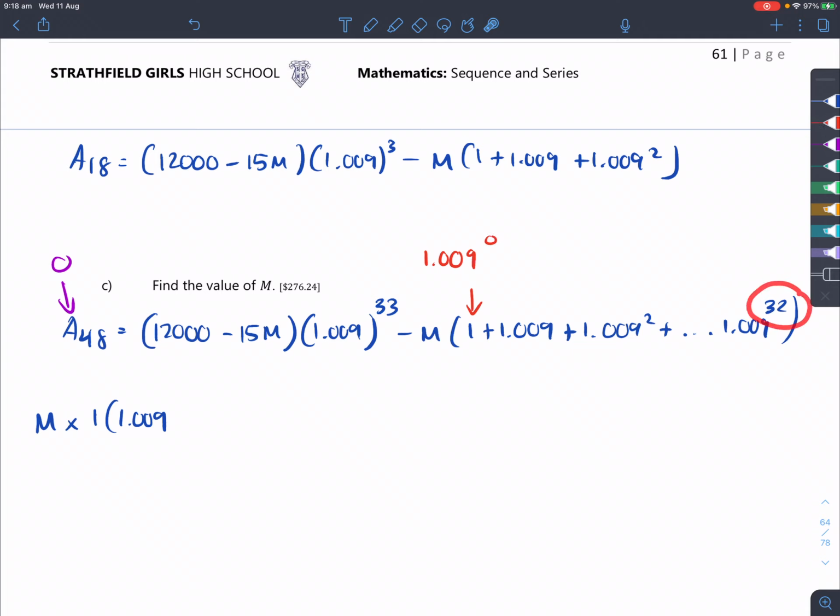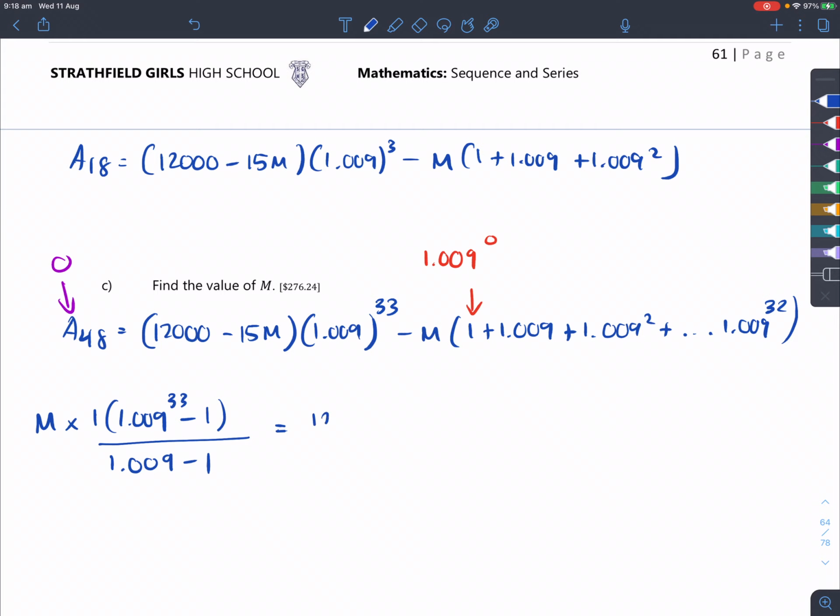So getting 32 minus 0 plus 1 means that there's 33 terms. So we'll have 33 as a power, since it's 33 terms. And then we're going to write minus 1 here over the ratio 1.009 minus 1, and that's equal to